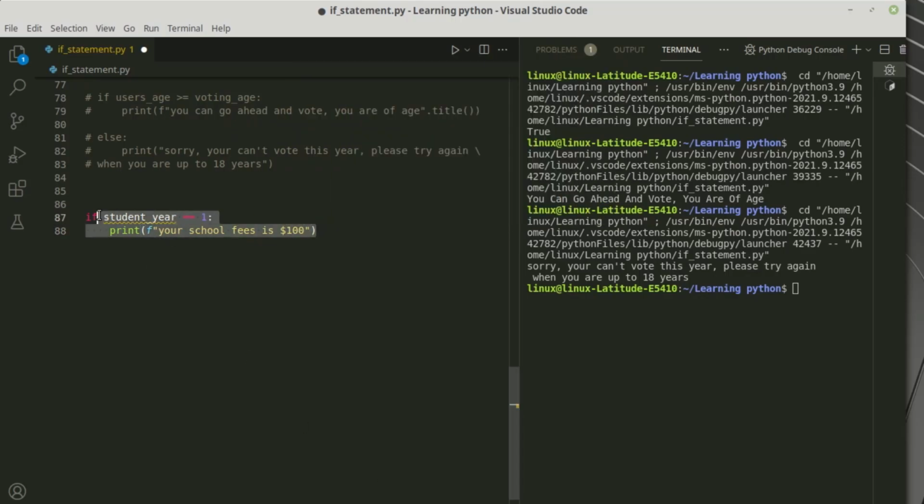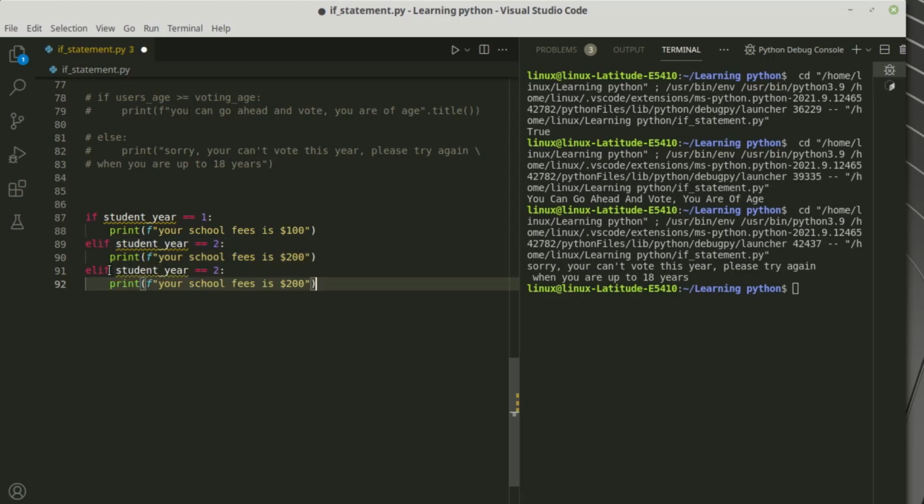From here let us copy this condition and use elif here. If the student is in year 2, the school fees should be $200. So elif, student year is 3; if the person is in year 3, the school fees should be